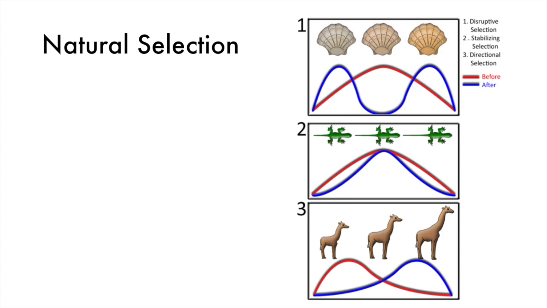Another type or mode of selection is stabilizing selection. So I think of stabilizing selection kind of like being extra medium. So here we've got a population of lizards. We've got some that are sort of shorter in their total length and squatter, and some that are longer and skinnier. And then between we've got an in-between condition where they're not too long, but they're not too fat. So there could be a stabilizing selection pressure that says, well, if you're too skinny and thin and long,